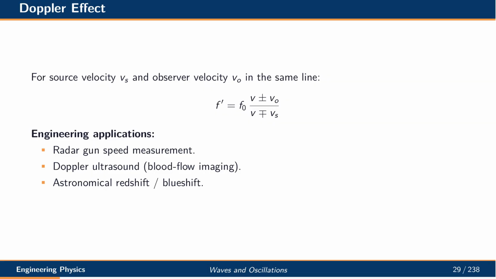The Doppler effect describes the change in observed frequency when source and observer move relative to each other. A common formula combines the velocities of source and observer with the wave speed in the medium. Engineering applications of the Doppler effect are widespread. Radar guns measure vehicle speeds, Doppler ultrasound visualizes blood flow, and astronomical redshift reveals the motion of distant galaxies. It is a beautiful example of how a simple principle finds